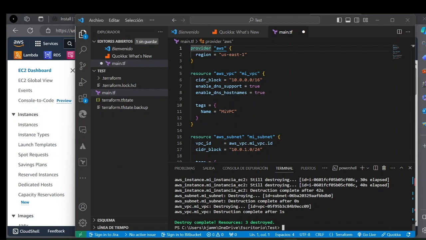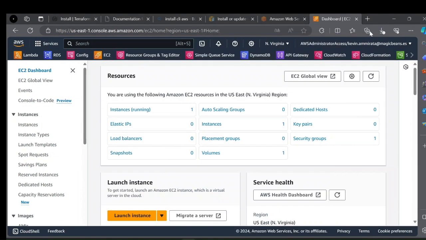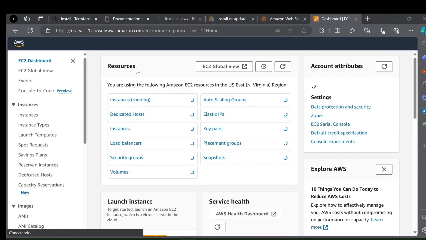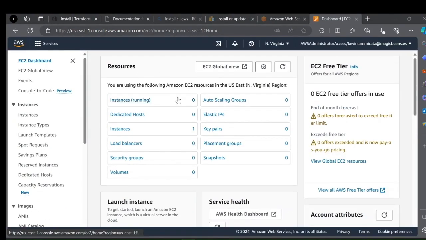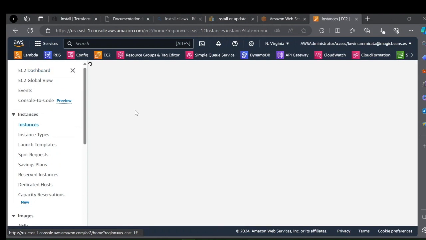Okay, we can see the destroy is complete, 3 destroyed, and we need to update the website, and let's see, yes,